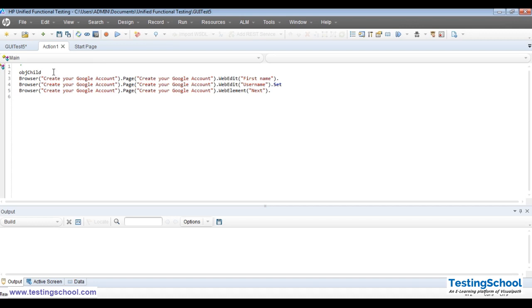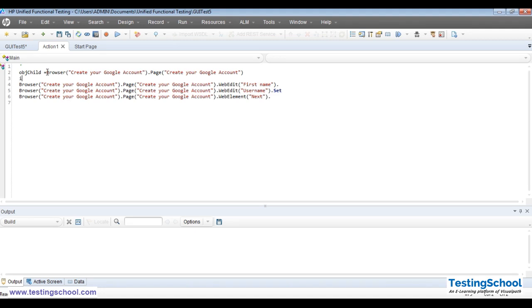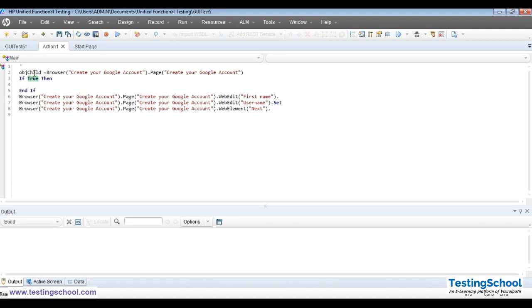This child is equal to, okay. Now if child dot exist 5, then